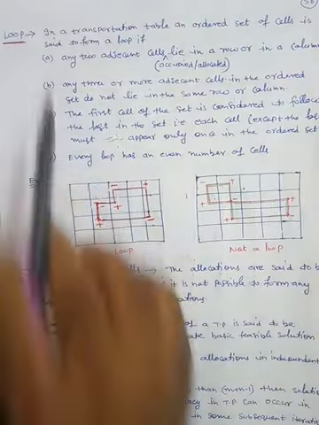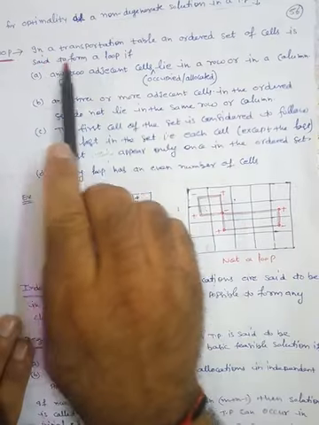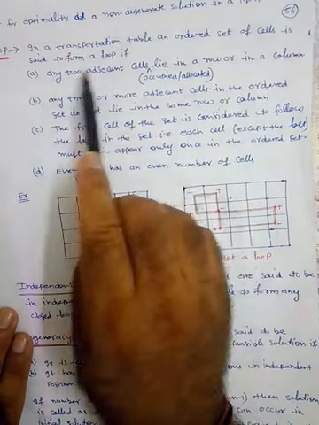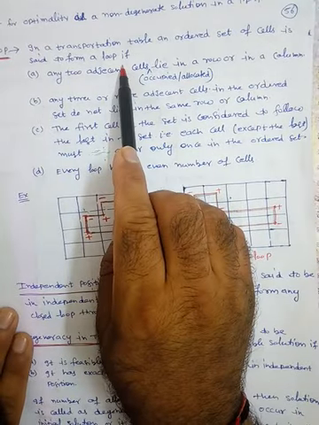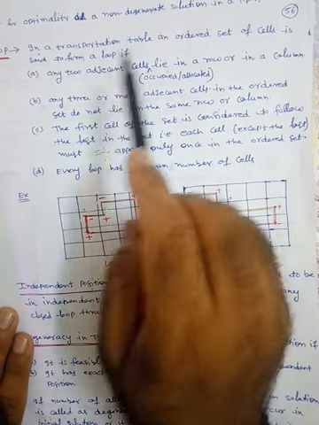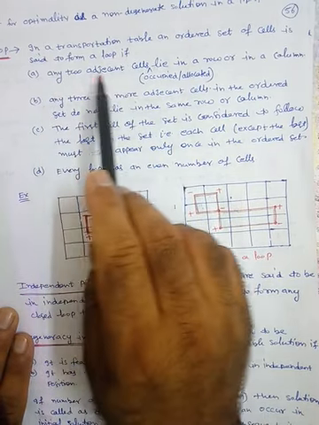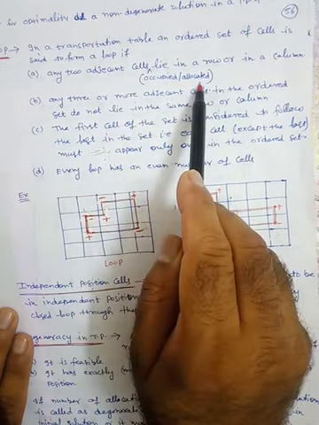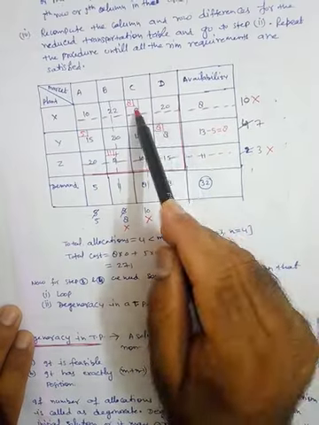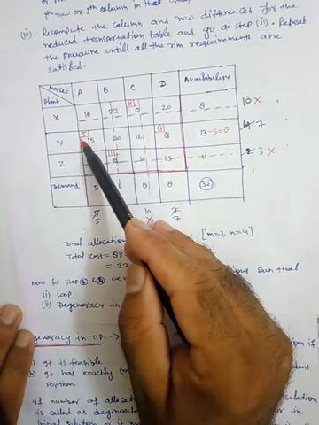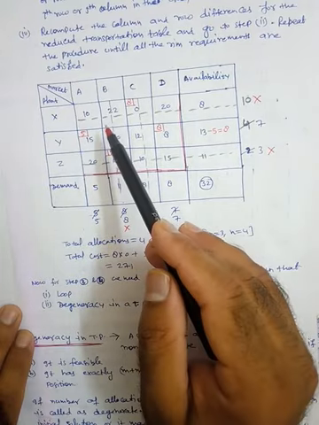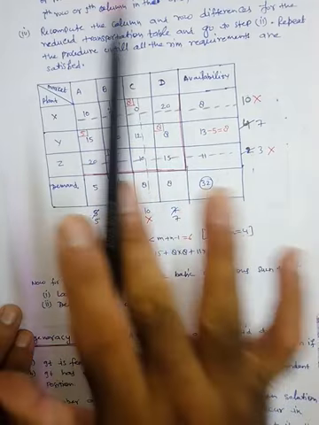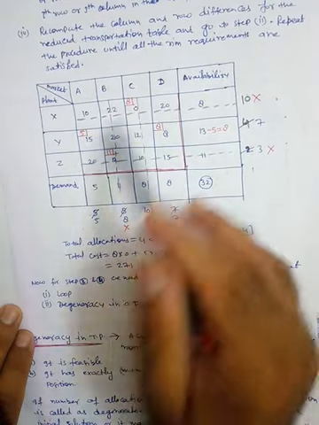So here, this is the loop. In a transportation table, an ordered set of cells is said to form a loop. यानी जो सेल है हमारी वो एक लूप को फॉर्म करेंगी कब? When any two adjacent cells, here adjacent cell means occupied or allocated cells. For example, this is an adjacent cell, this is an adjacent cell, this is an adjacent cell, this is an adjacent cell, because they are occupied. However 10, 20, 20, these are unoccupied cells, क्योंकि यहाँ कोई allocation नहीं हुआ है. They are unoccupied, and जहाँ जहाँ allocation हुआ है, they are the adjacent cells.